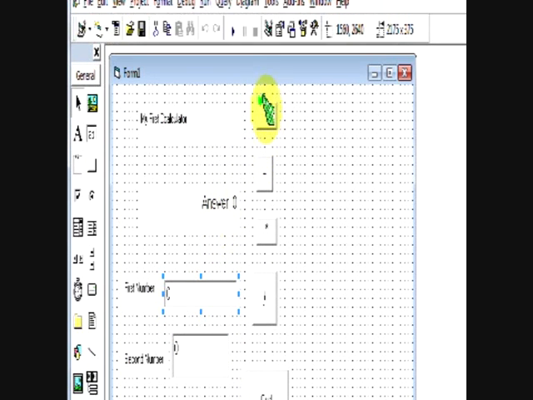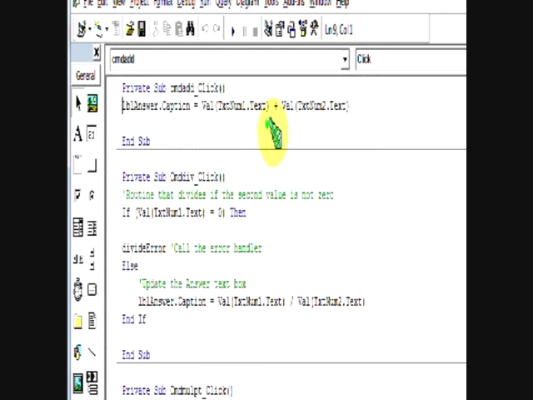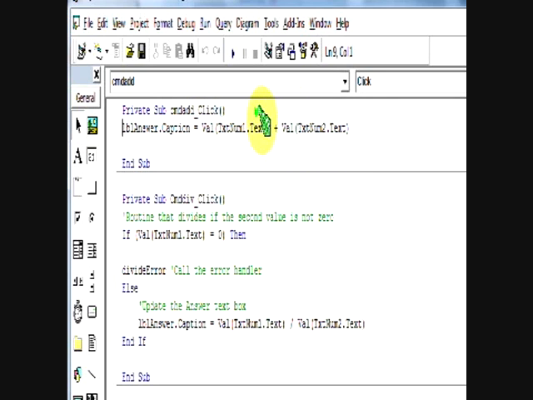So if we double click into the plus sign, all we want is for the label answer dot caption equals to change whatever it is, calculate and change it into a val. So that's what I've got, val over here, test number dot. So the test number is basically